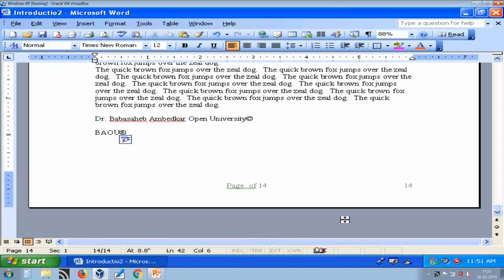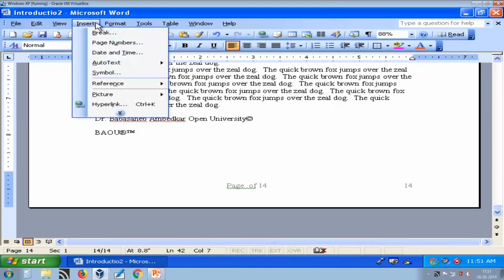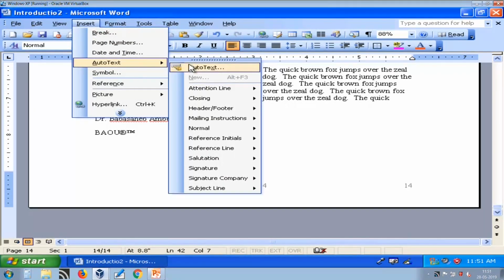This is how I can replace R, and if I type TM, then it is a trademark. So there are some predefined entries available in autocorrect that you can see from insert auto text.